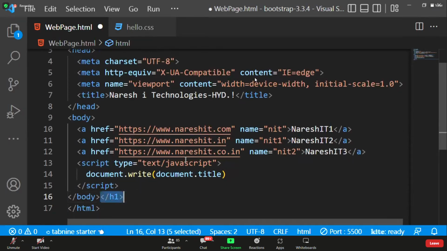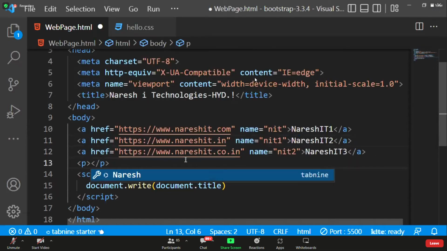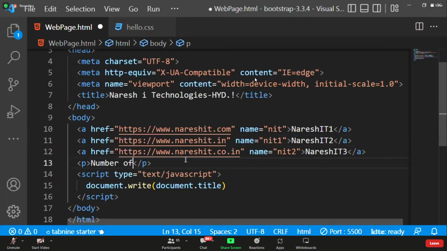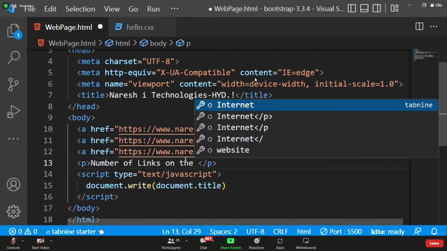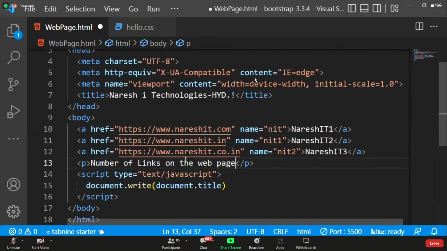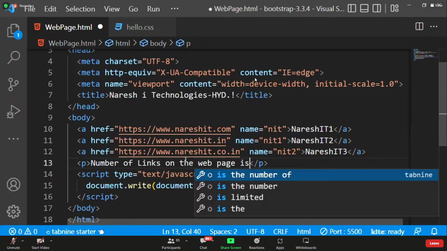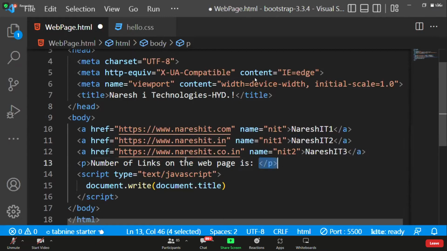I don't want anything here. Simply script open. Before that script I'm saying number of links on the web page is, yes, I said. So this paragraph I want to close at the script level. That's it. Then inside what I need to write,